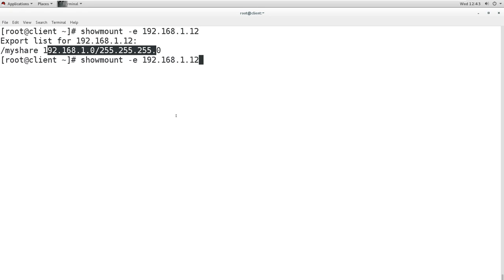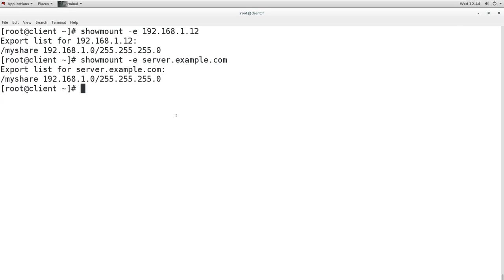And I believe I am having a DNS server also, so I can use the name also. It is showing the same, that this share folder is shared for this network.